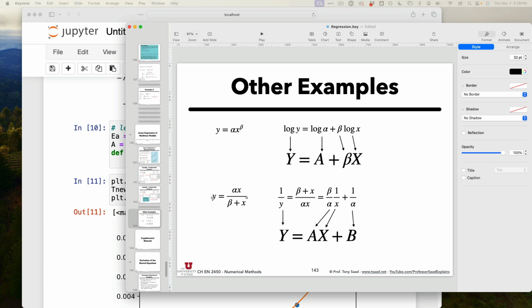All right, so with that, we conclude regression. It will be on your exam 2, along with interpolation. So that entire section on curve fitting